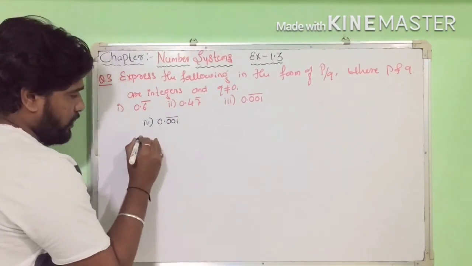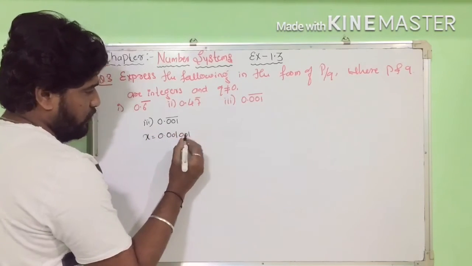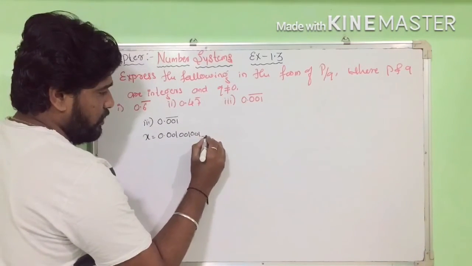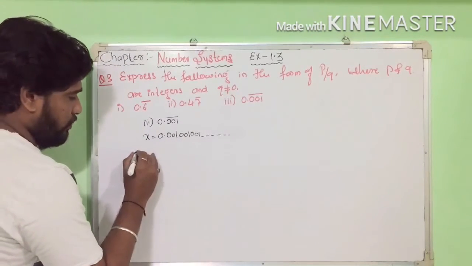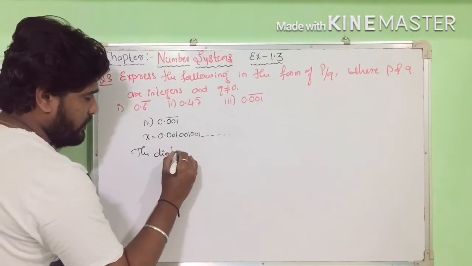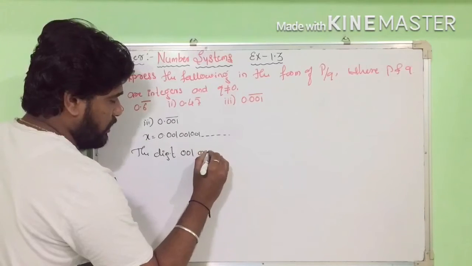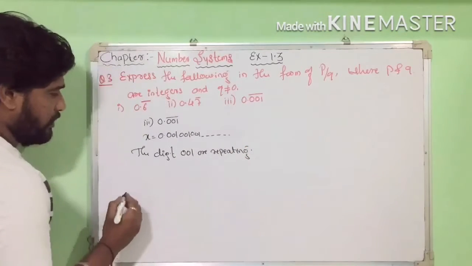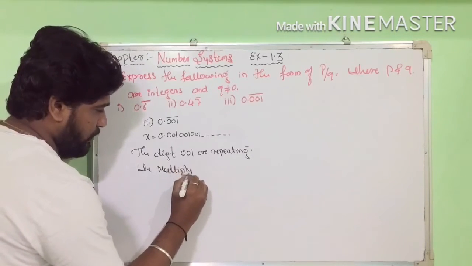So, the third one they have given here, 0.001. So write down here x is equal to 0.001001 and so on, right? So now here 3 digits are repeating, 001 are repeating. We multiply by